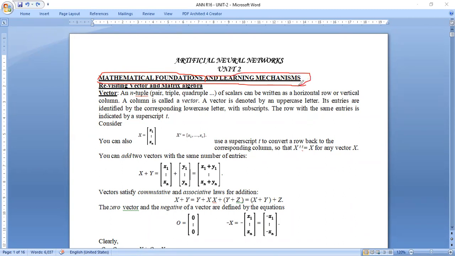Mathematical foundations in the sense just some few mathematical formulas and related functions, and here we are going to revise again whatever the basic mathematical functions, and some few learning algorithms are also going to be learned in this particular second unit. Okay, under this we are going to